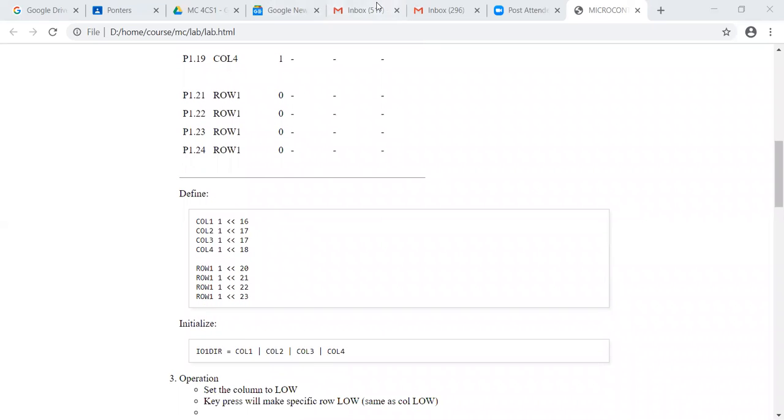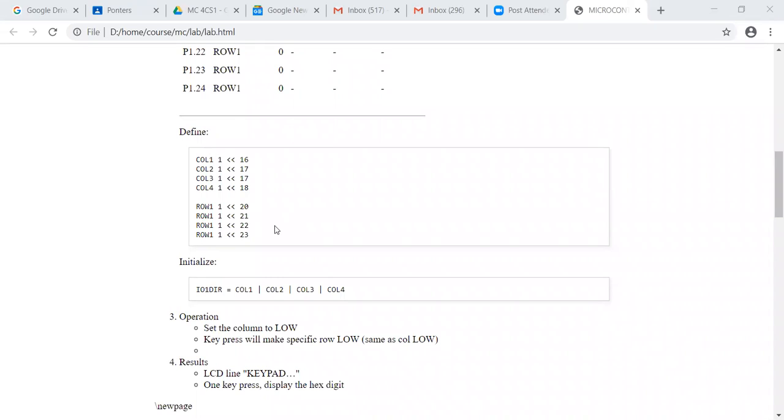And skip the definitions. We have definitions for the 4 columns and 4 rows. Basically, in the register, we have to put these values 1 in 20, 1 in 21, 1 in 22, and so on, because we have to make some rows input ports and some columns output ports.